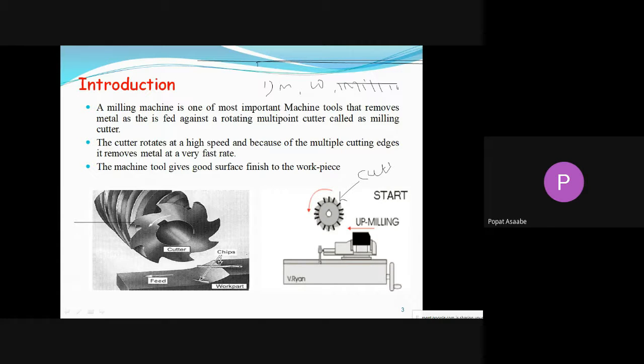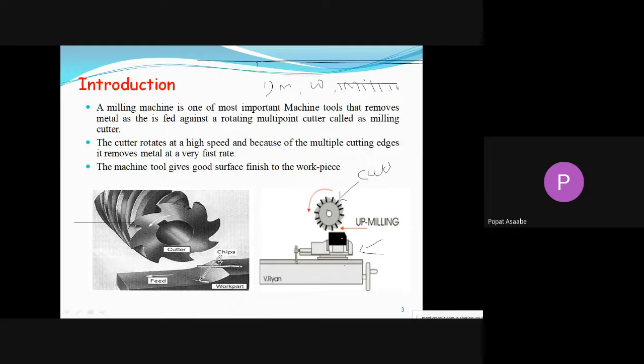But how is that milling operation carried out? It requires some working principle. For example, suppose this is the work table, and above that work table, this is the hoist. What is the function of the hoist? With the help of the hoist, we hold the workpiece.